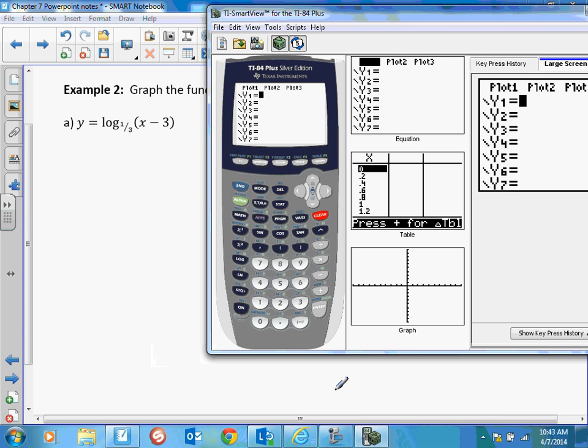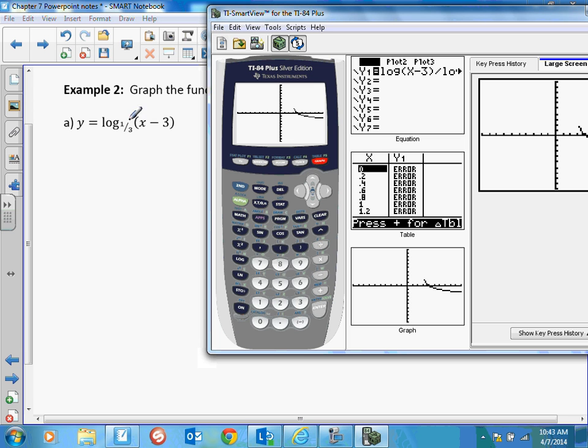And real quick, how I have to write this is log x minus 3 divided by log, it has to be a log on both, otherwise it won't work, 1 divided by 3. Okay, and this is a change of base formula. You've got to do both. Okay, so then you hit graph,